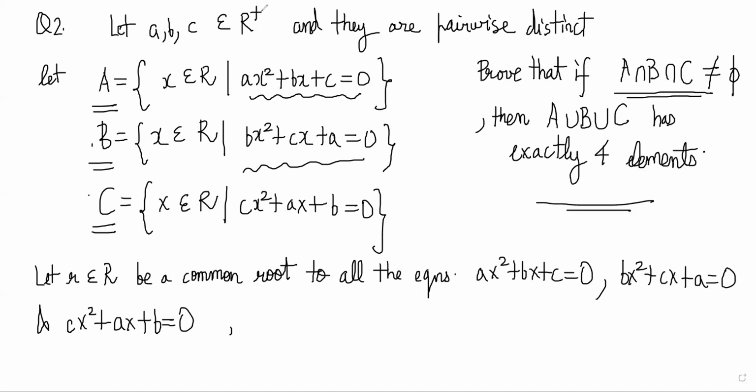This is not positive real. I had misstated this. It belongs to real numbers and they are pairwise distinct. Because if it is positive real, obviously the question doesn't work because a plus b plus c cannot be 0. Right? So what we have gotten so far is that